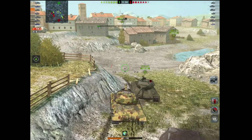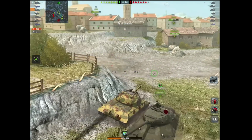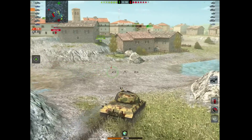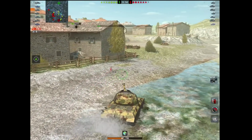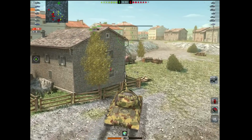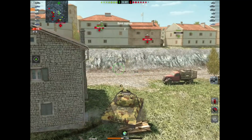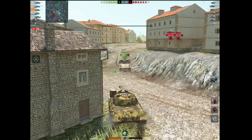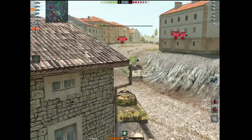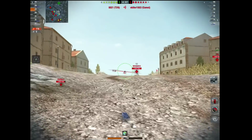Also, that stock turret should have 170mm of armour on the cheeks. You'd be forgiven for thinking this did as a result. You'd be wrong. It's actually only got 140 on the front gun mantlet, and on top of that, it's only got 100 on the cheeks. So it's got that little bit of spaced armour, and then straight behind it, it's just 100mm. In other words, you're going to get penetrated quite a lot in it,